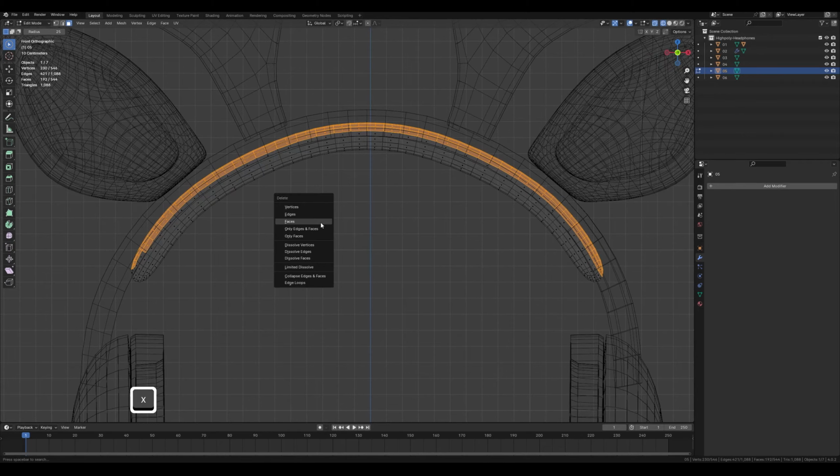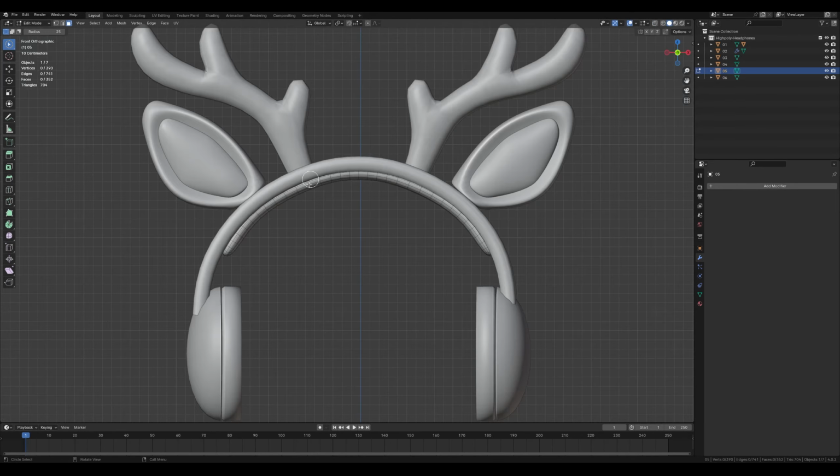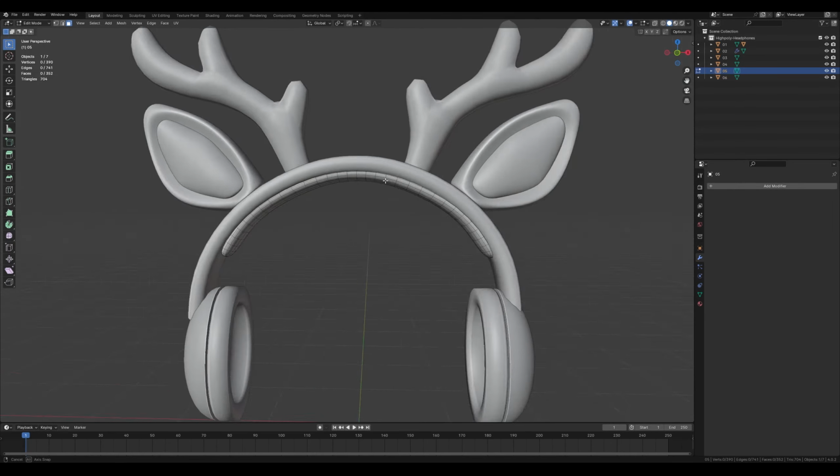Then just press X and delete. We go back to solid view. We can see the mesh is there, but unnecessary